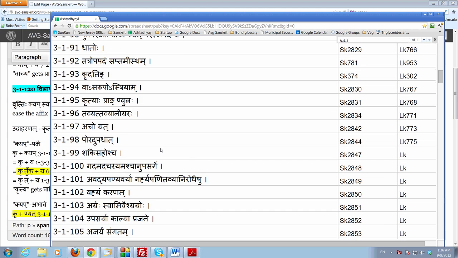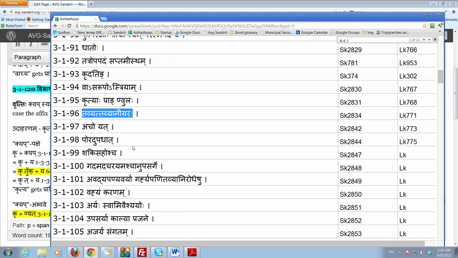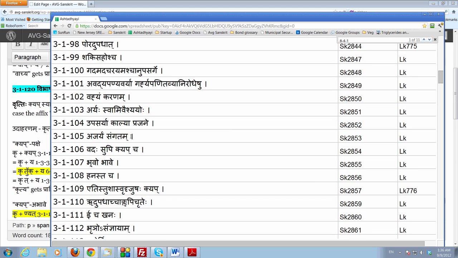in the very beginning of this adhikara of krit. The sutram was sarupostriyam, which at that time itself we mentioned is a very important paribhasha sutram, which exerts its influence right throughout the krit adhikara, and it also has some complications which we will see later. But on account of this sutram, we have been using the affixes tavya, tavyat, aniyar, in addition to the affix either yat or